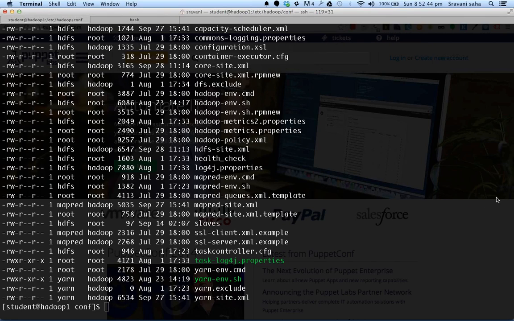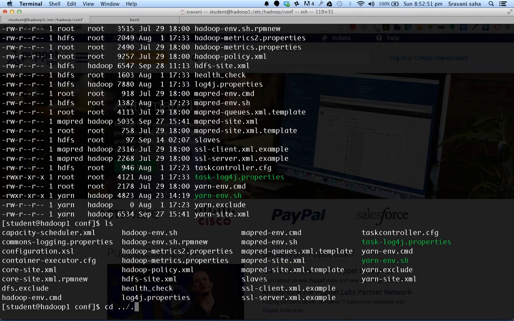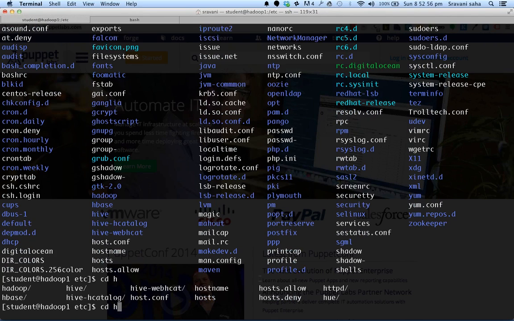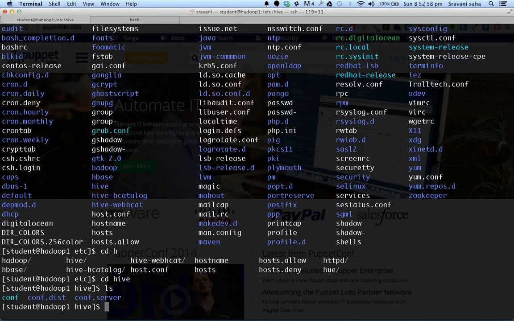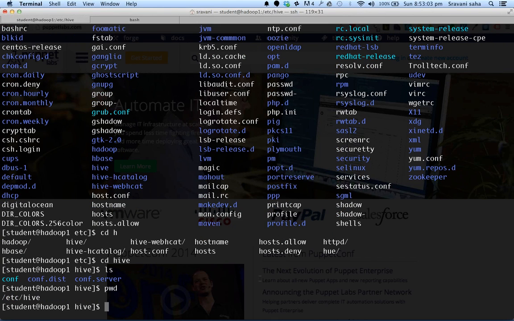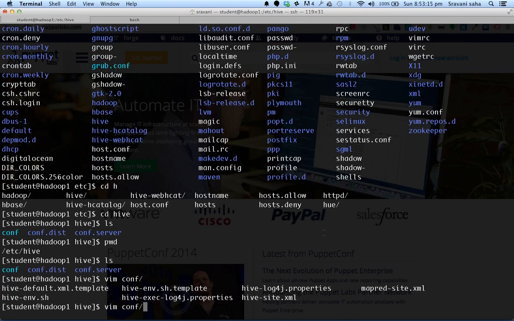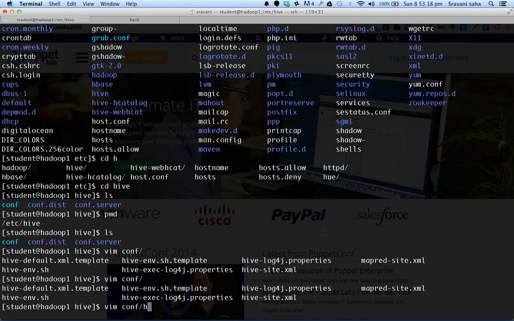So if you want to install any other service, we should add configuration to it. Not really. In case you're installing some other service, let me just go to HBase. For example, Hive. If you are installing Hive catalog or Hive service, this folder is etc Hive, right? Every service comes with its own configuration folder. Under configuration, you will see there's something called Hive site,